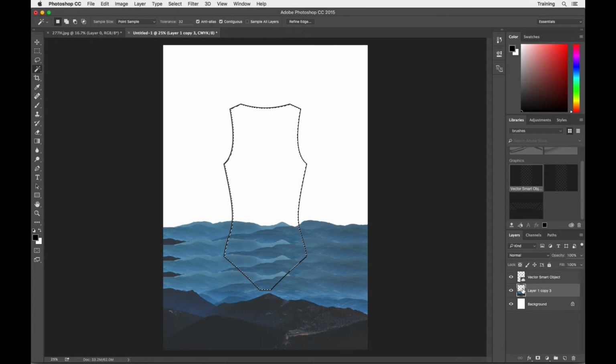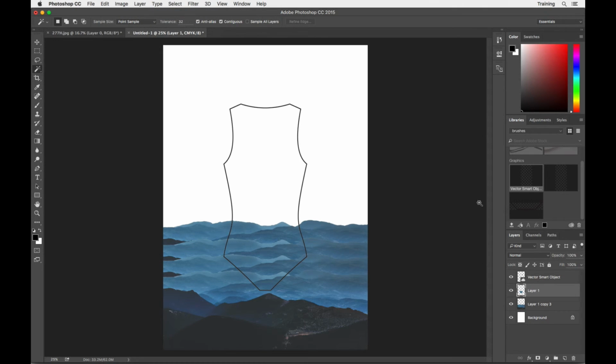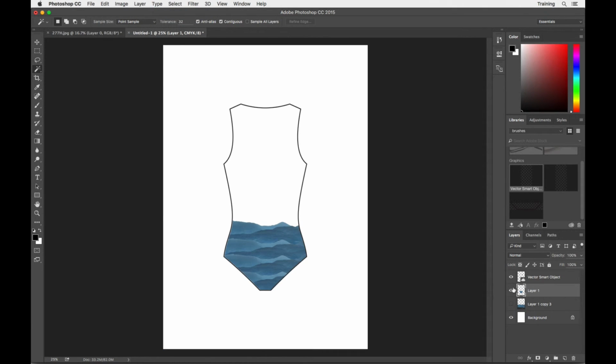Click on my blended textile effect there, and I want to use this selection to cut out this. And I'll do it this way: new layer via copy. Then if I go back and turn off my original layer, you can see how I've got a perfect cutout there. And I can actually drag that back into Illustrator